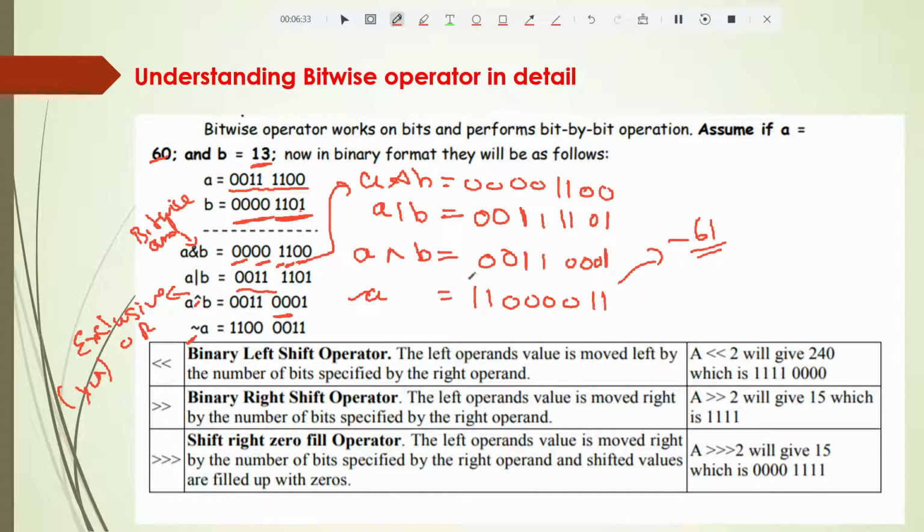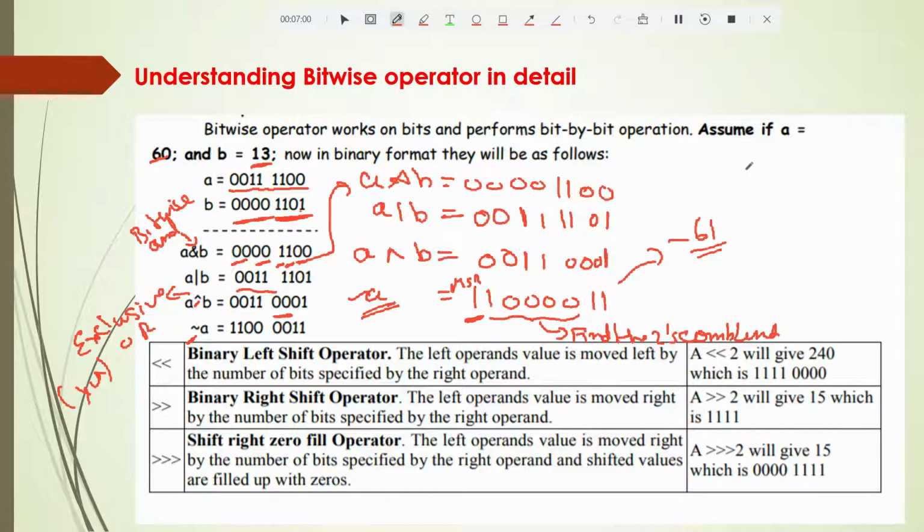But what is actually happening here? Students, when a complement comes, look at the first bit, the most significant bit. If it is 1, then you need to find the twos complement of this, and that is your output. How do you find it?